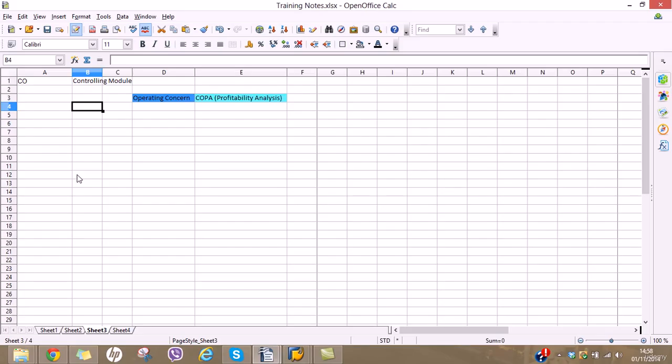So what is the operating concern? What does it mean? Operating concern is just the four-digit alphanumeric key which we use for profitability analysis of the company. Profitability analysis means reports like stock turnover, sales,